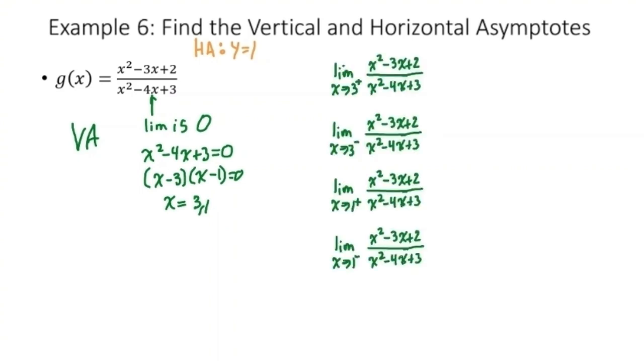So to test to see if x = 3 or x = 1 are vertical asymptotes, we're going to find the limit as x approaches 1 from the right and the left, and x approaches 3 from the right and the left. Starting with x approaches 3 from the right, when we apply direct substitution, we get 2 over 0, which indicates our limit is plus or minus infinity. So that is enough to conclude that we have a vertical asymptote at x = 3. Since we already know x = 3 is a vertical asymptote, we don't need to check the left-hand limit,